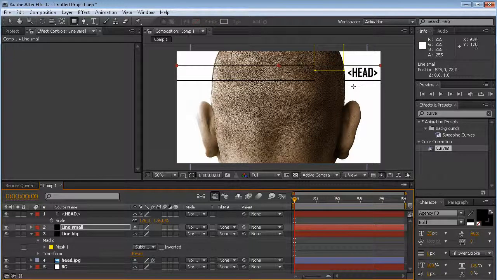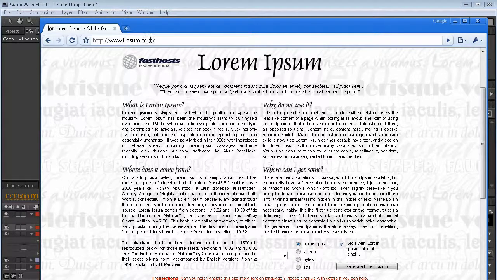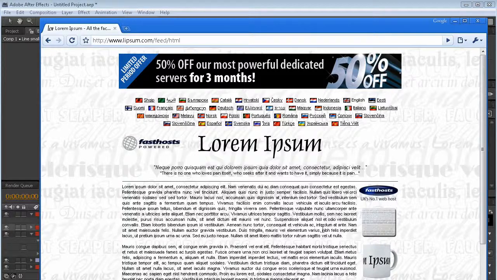And I want to have some more techy text here, so we're going to write some text here, and instead of me writing some random text, pressing some random keys on the keyboard, we're going to use the lorem ipsum text. So we're going to lipsum.com and generate some paragraphs here. So we take the first paragraph here,